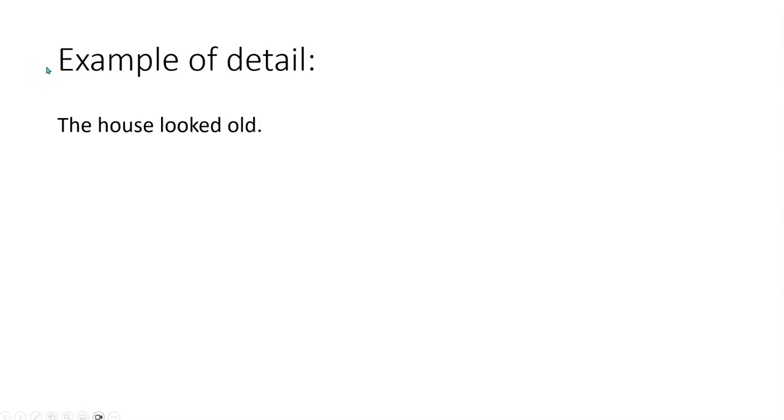The house looked old. Okay, so if all that we're really trying to do is describe that the setting is an old house, which one of those is better? Well, it's going to depend on the story and what's being told, and whether the house plays a big, important role. So which is the better approach?